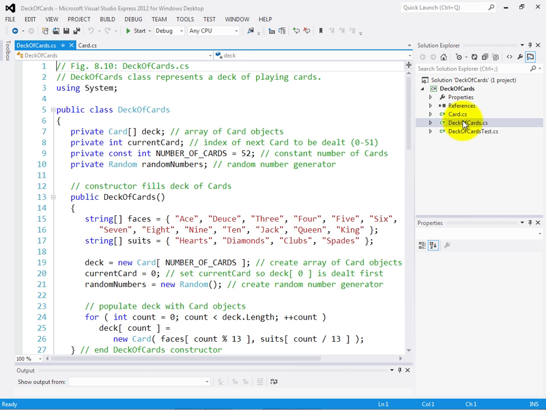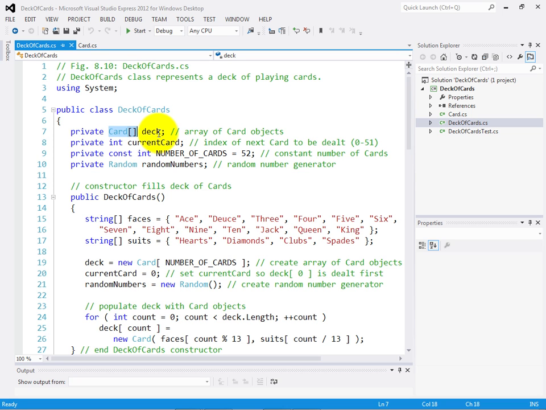So let's take a look at our Deck of Cards class, and this is going to be using objects of our class card that we just created. Now, because all three of these classes are in the same project, they all know about one another already. So it's okay for class Deck of Cards to create an array of cards, in our case called Deck, because both classes are part of the same project, which makes them part of the same default namespace.